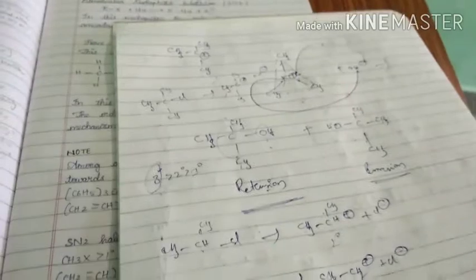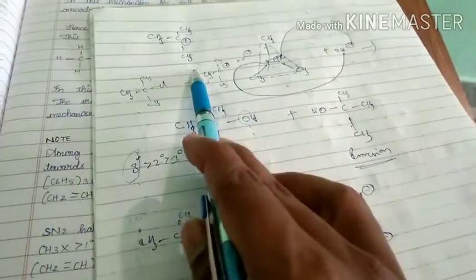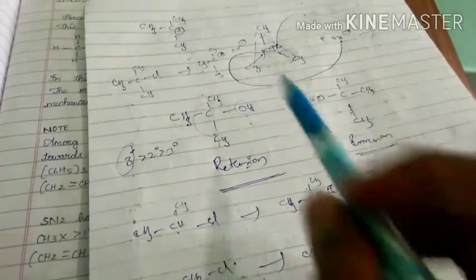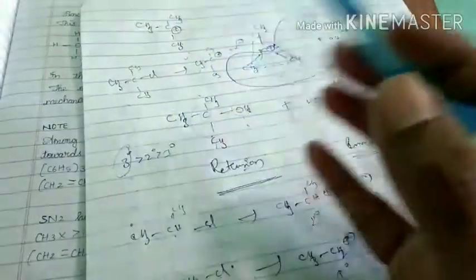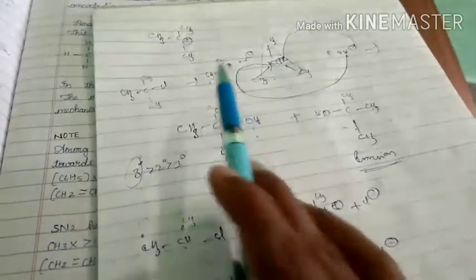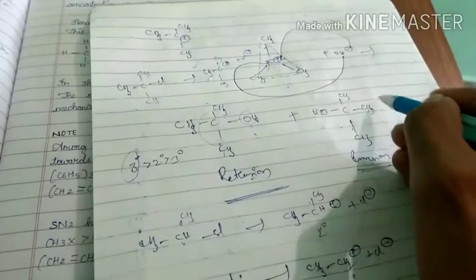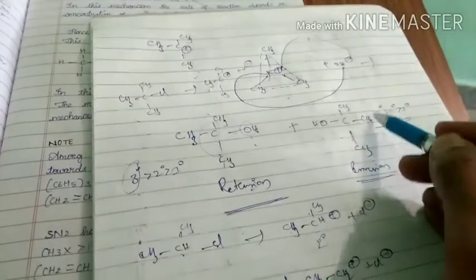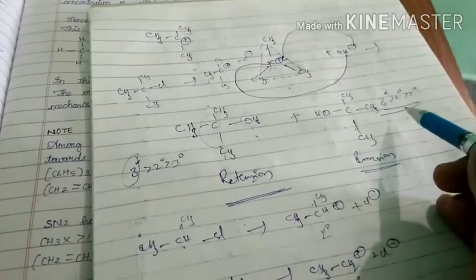This is primary. Now our point is, in 11th class chemistry I told you one point: among tertiary carbocation, secondary carbocation, primary carbocation, which is more stable? Tertiary carbocation is more stable. That is why it can form a stable product, and that is why it is more reactive. I repeat once again: among tertiary, secondary and primary carbocations, which is more stable? Tertiary is more stable compared to secondary, which is more stable compared to primary. That is why those are more reactive towards SN1.